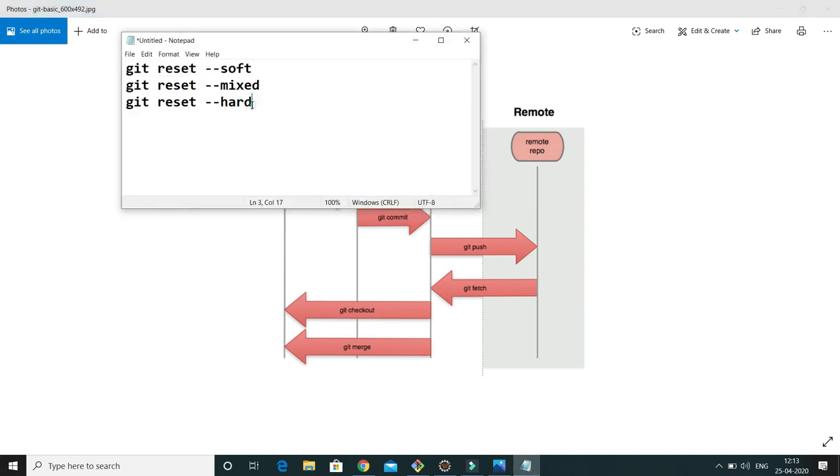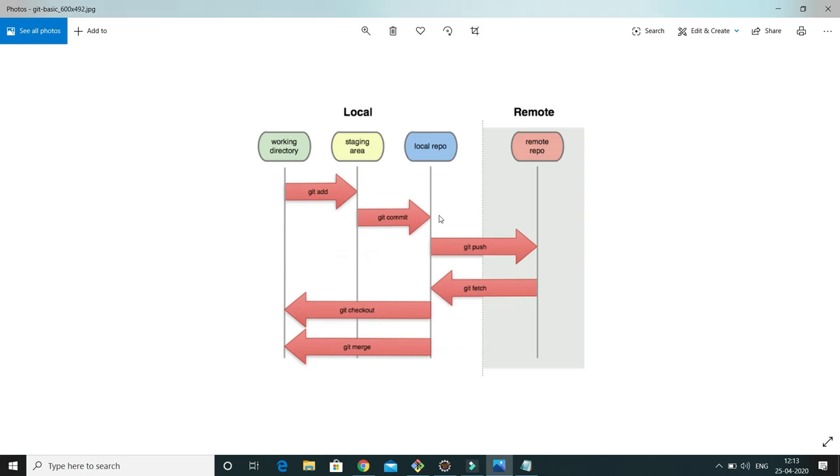Now third, we have git reset hard. This is a really dangerous command. When you do git reset hard, all your changes will be removed from all these three areas. Whatever changes you had done in your working directory will be lost. So if you are ready to accept that, then issue git reset hard. Reset hard will delete all your modified or newly created files from the working area as well, and you cannot get those files back. So that's the high level understanding.